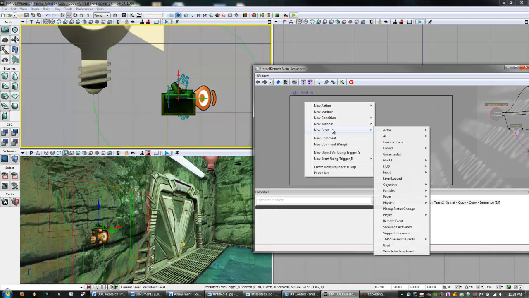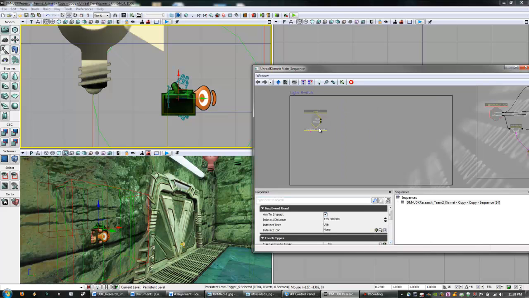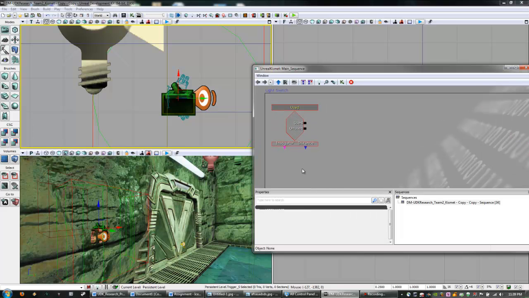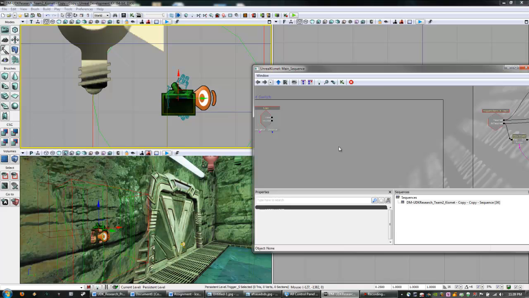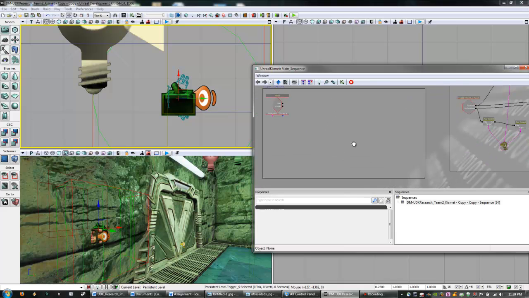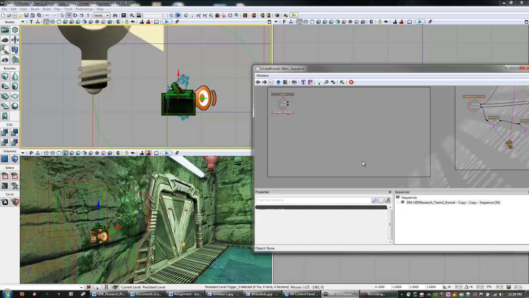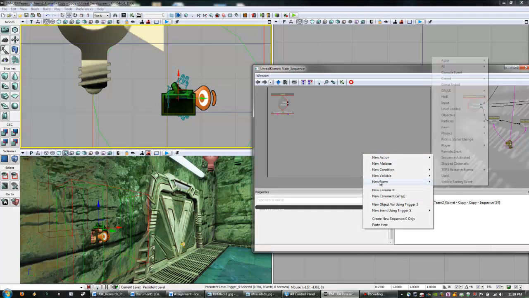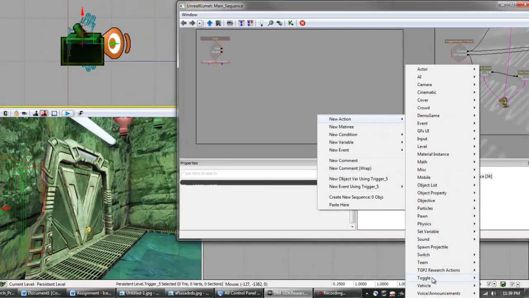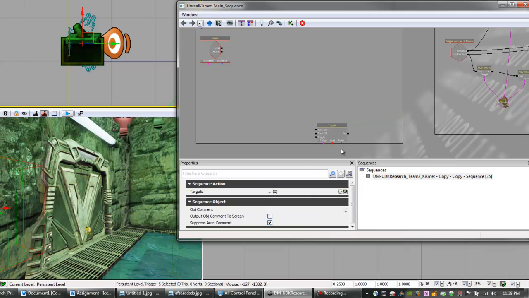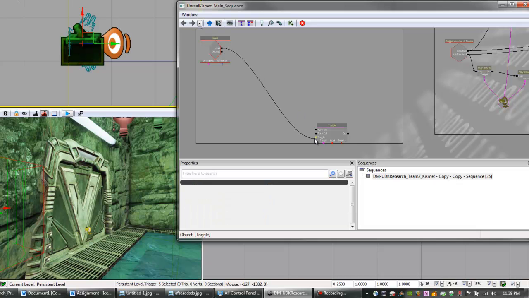And create a new event on used. So this isn't a touch event. We'll actually be activating the trigger by going up to it and hitting a button. So first I'm going to demonstrate how we can lock this door and prevent it from opening by toggling this trigger. So we're going to add a new action and go down to toggle, and we just need the first option there, regular toggle, and on used we want to toggle,